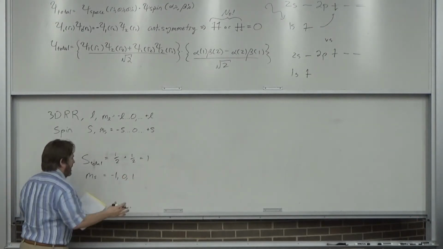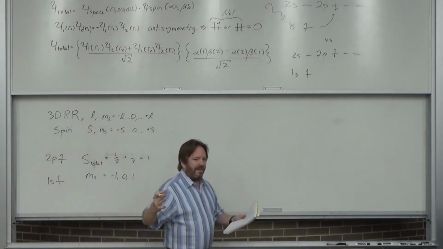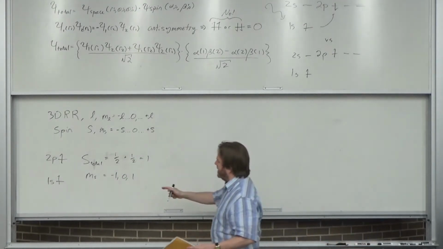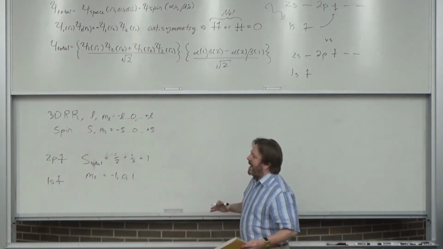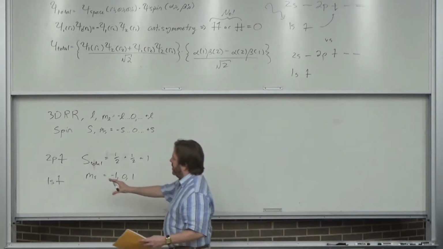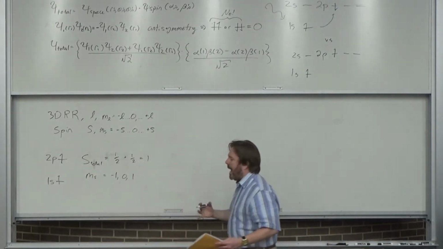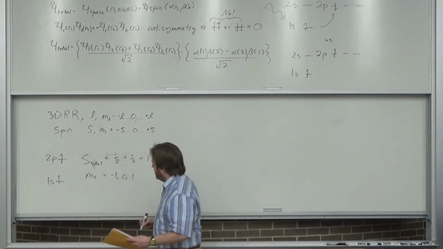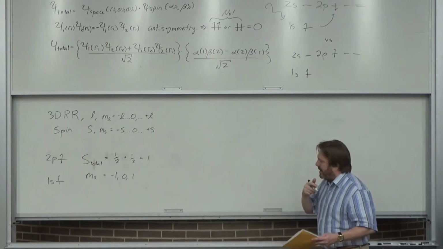-1, 0, and +1. Now, it's not going to be a px and py and pz because that's not what we're talking about, but the point is that there has to be 3 of them. I have to have 3 different states for this. And it's already looking like, well, how in God's name could I have 3 states? Because this is what I've got. All right, well, I'll show you in a second.